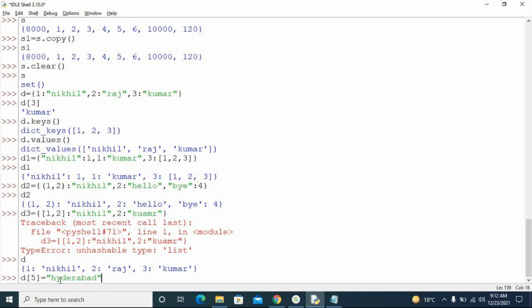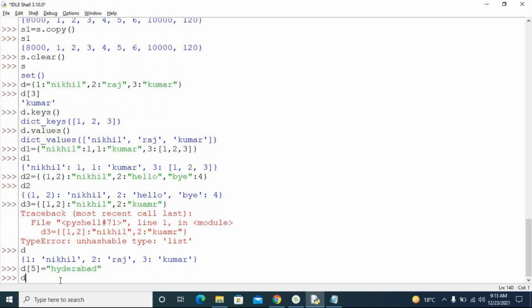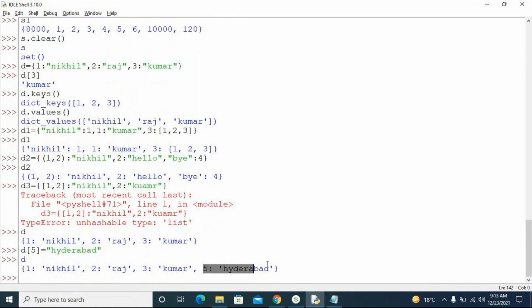You don't have anything called add or append or any other method which adds to the dictionary. But the way to add an element to a dictionary, because it is mutable, is this. When I say mutable, I can add elements or I can remove elements. So when I want to add elements, I say d of key equal to any value. That key and value will be added to the dictionary. Which dictionary? D dictionary. If I say D1, it goes to the D1 dictionary, or D2; you can take any dictionary, that's up to you. Now if I print D, you see there is a new key and value added, which is phi and Hyderabad.